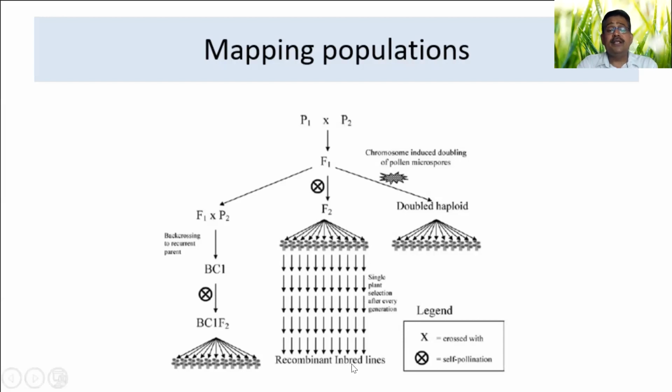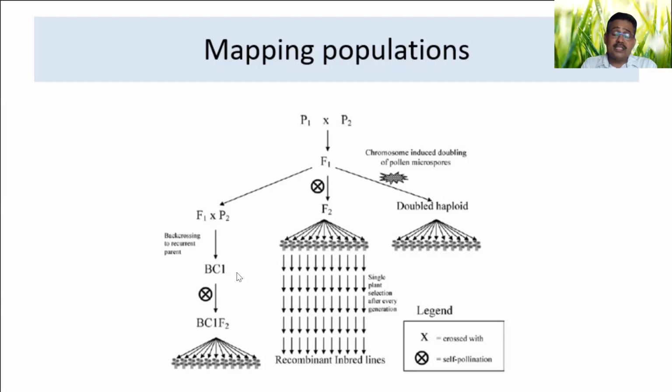So the populations are the DH population, the recombinant inbred line population, and the backcross population. These three populations are normally used for mapping studies to check map distance and the trait of interest. You have to study these in detail. In the next class, we will study which mapping populations are available and how they are used to screen the markers and construct the maps. We'll have that discussion in the next class.